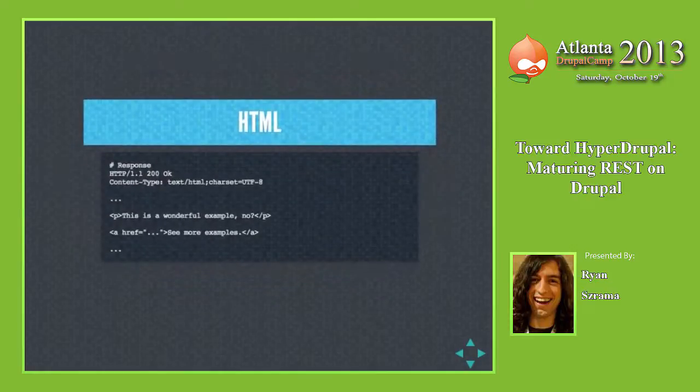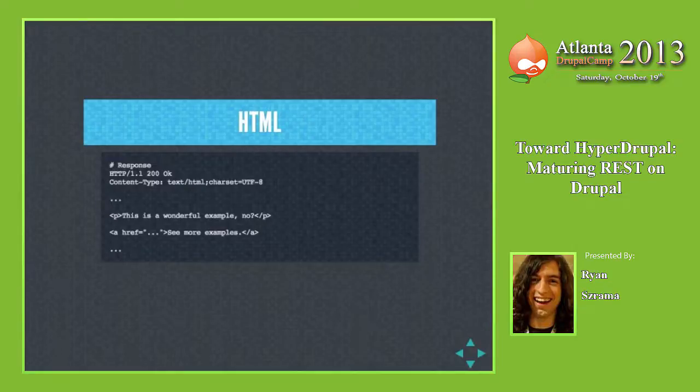Then finally, whenever we get a web page from a web server, we get back HTML, which the response is actually going to tell us what it returned, what the character set is, that kind of information. Maybe it tells us when it expires. So if we want to cache this HTML client side, your web browser doesn't have to refetch the HTML every time you visit that URL because it's cached for as long as the server said it was safe to cache. But then really the body is what I'm interested in.